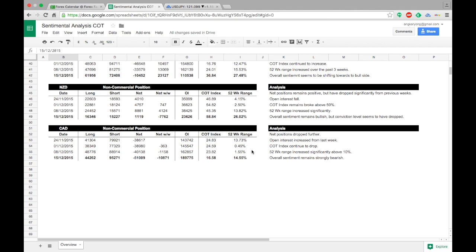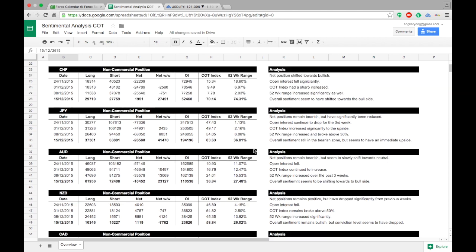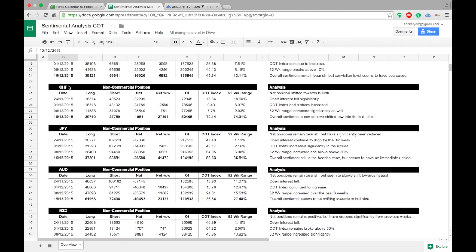Another example I want to go through with you is both the franc and the Japanese yen. Recently I've been doing a lot of intermarket analysis, as well as understanding different currencies playing out in different risk environments, be it risk on or risk off sentiment. The Swiss franc and Japanese yen are basically the funding currencies. I won't go in depth into this in this video, because this video is really to share with you more on sentiment analysis, COT. I'll leave the topic of intermarket analysis for another video.